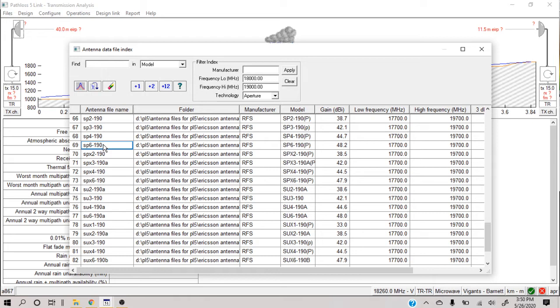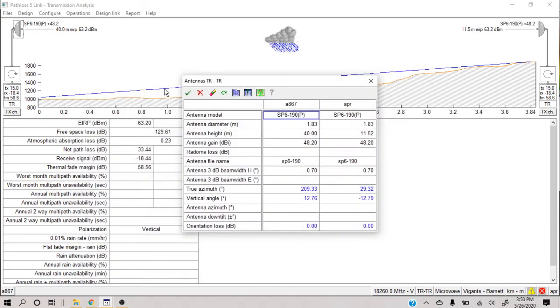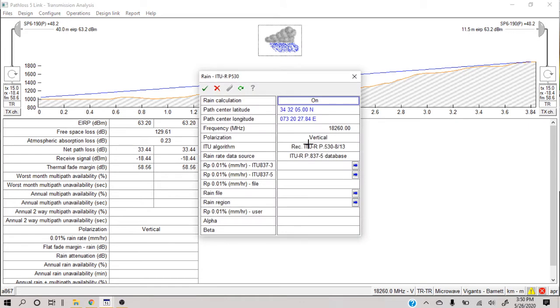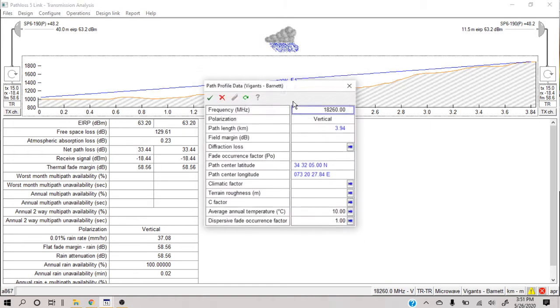So the initial two links that you plan should be very much over-dimensioned, so that when you go to the main step and convert this into a passive repeater, you have a lot of flexibility in your design.